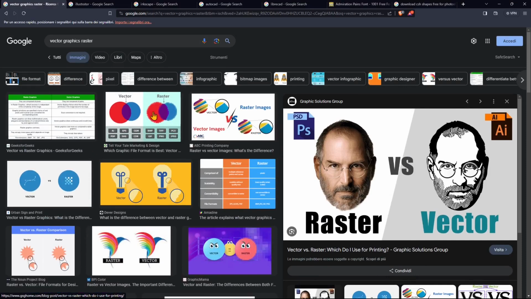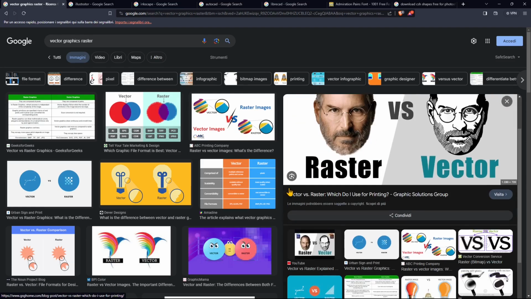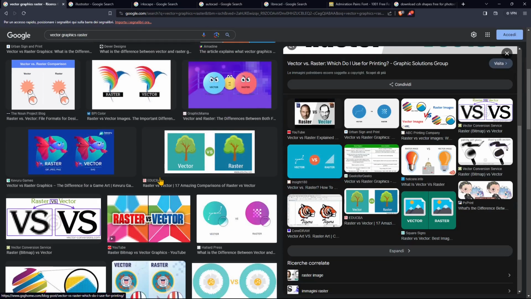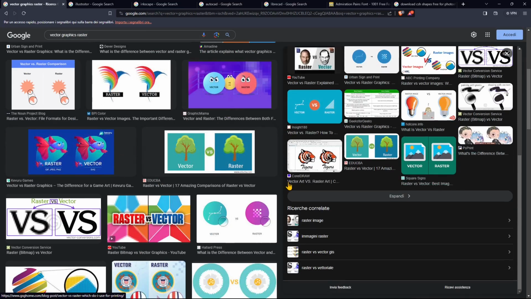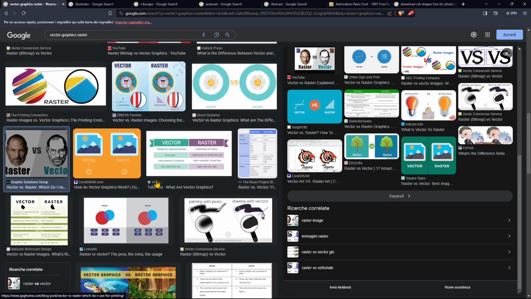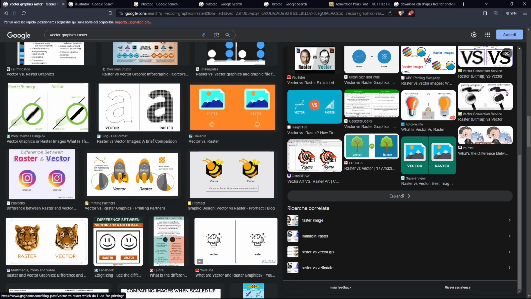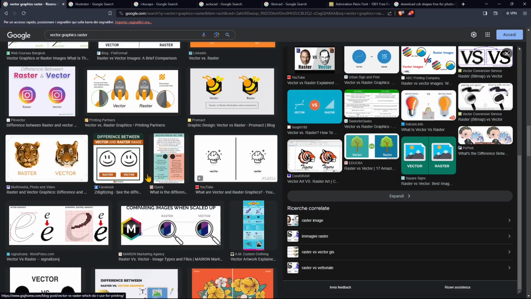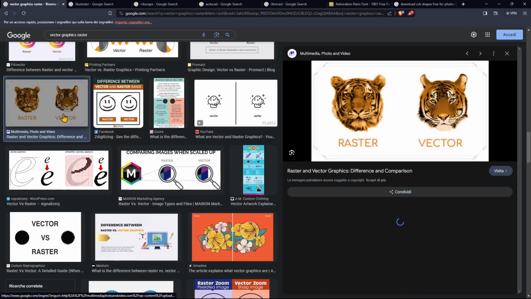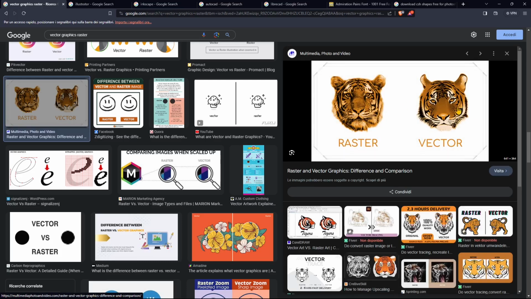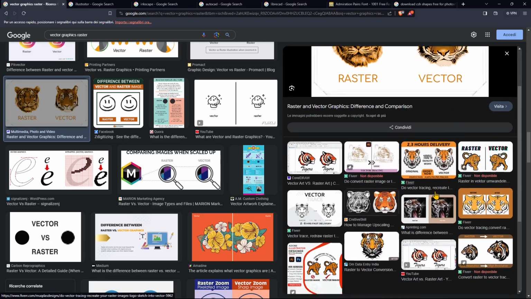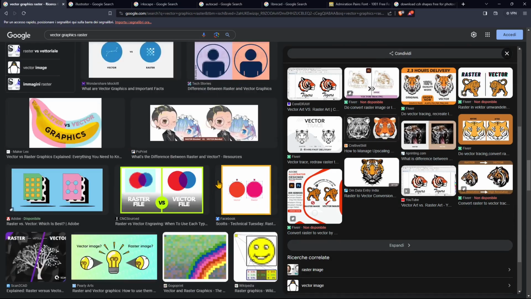In this lesson instead, we're going to talk about vector graphics, which is a different type of graphic creation and graphic design. And it's based on vertices and vertex essentially. And you will see here by just looking into Google that vector graphics are more defined, but also more stylized, and they're used for logos and infographics. So usually raster is more realistic, while vector is more cartoonish and stylized, but they're used for different